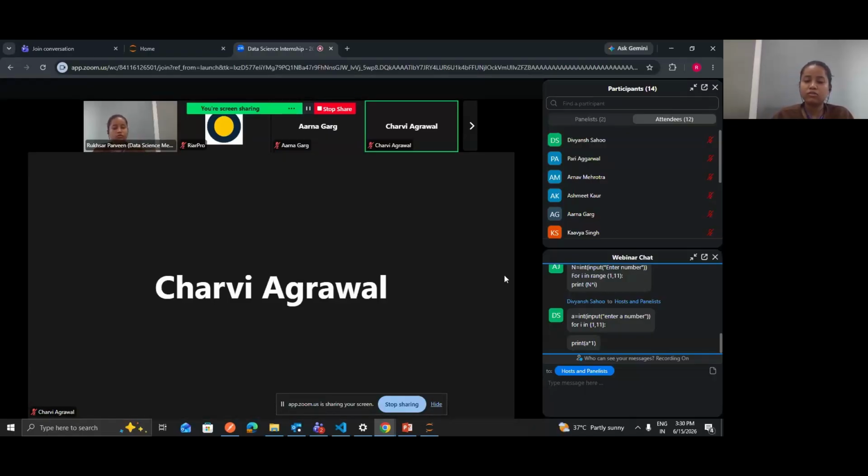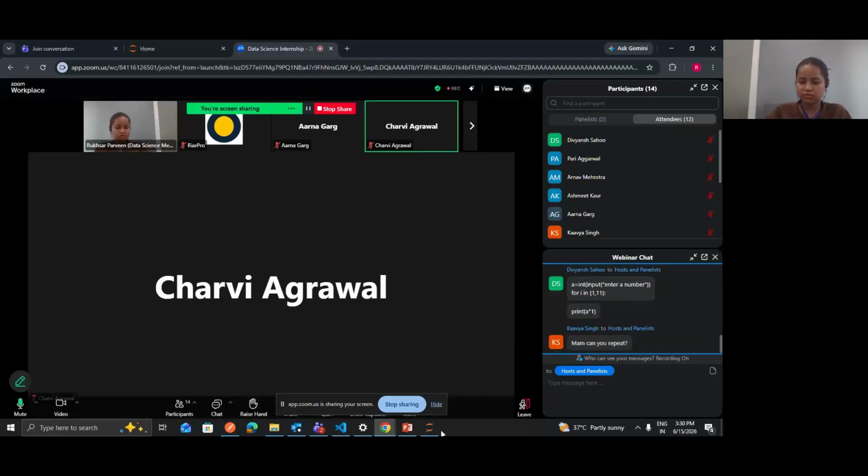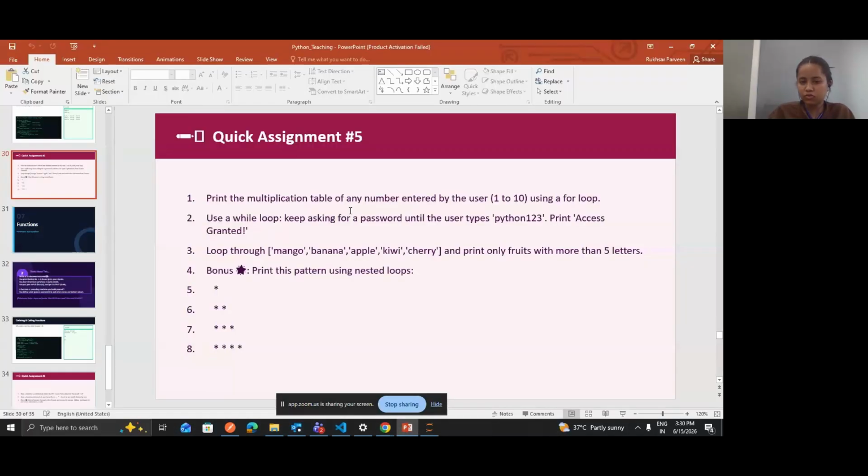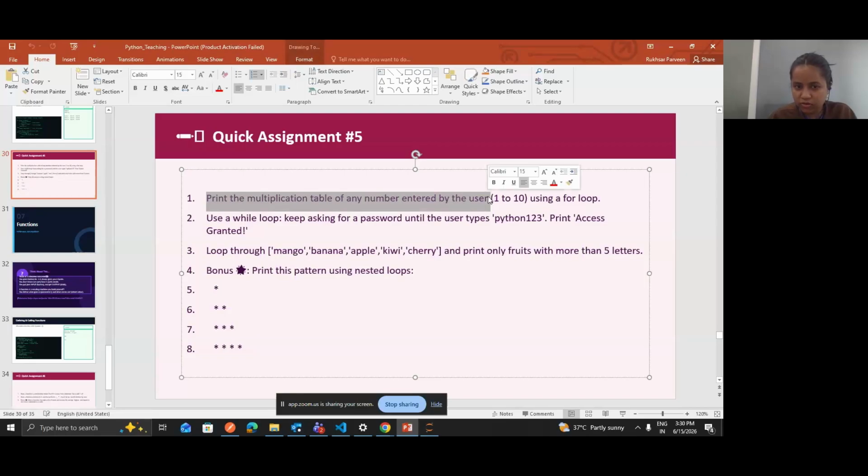But instead of using for loop, try to use while loop. Yes, Kavya. So, the same question, the first question, but here instead of using for loop, you have to use while loop. I want the answer of this first question, which is print the multiplication table of any number entered by the user, using a while loop.